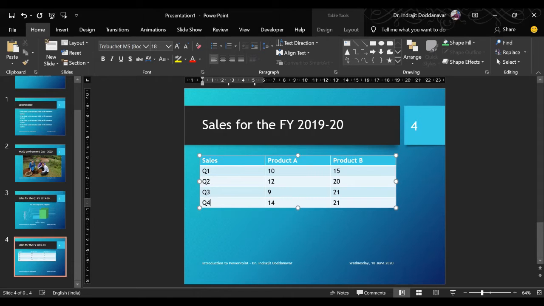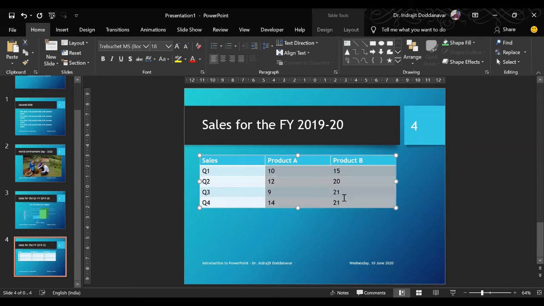Now, whenever we have studied tables, we have seen that whenever there is a numeric value, it should always be aligned to the right side, right? So how do we do it? We will have to select all the cells whose alignment we want to change.